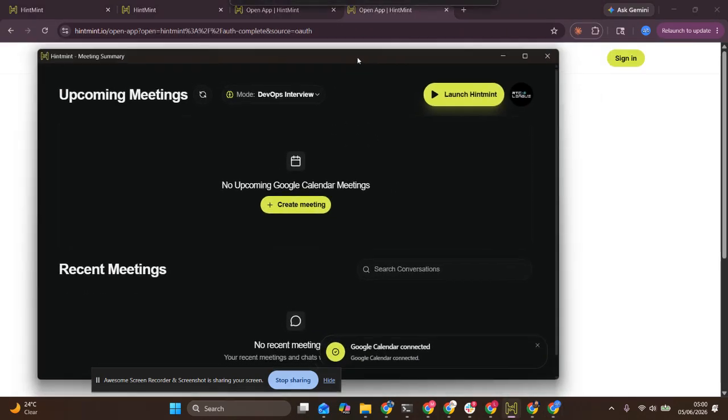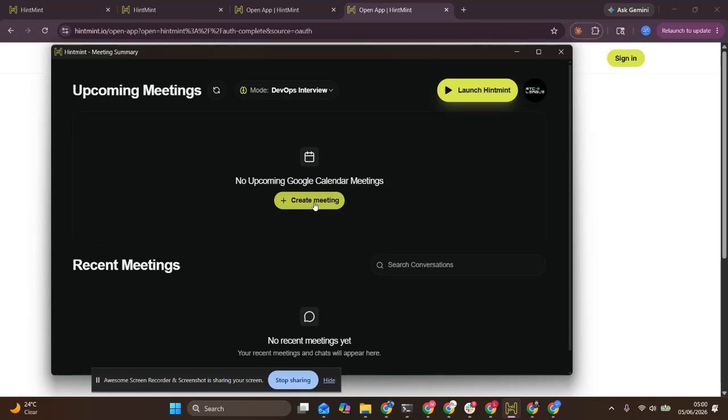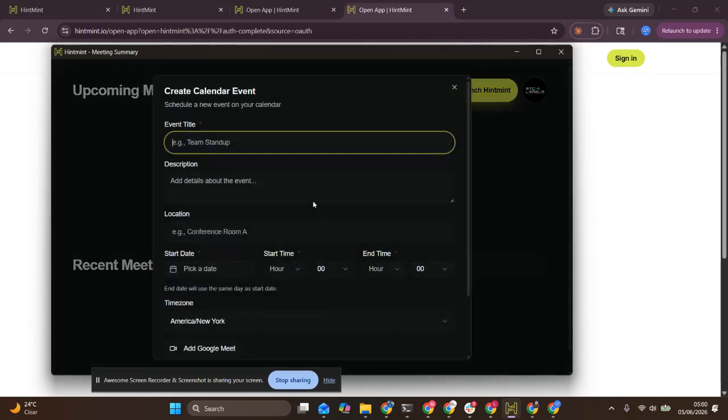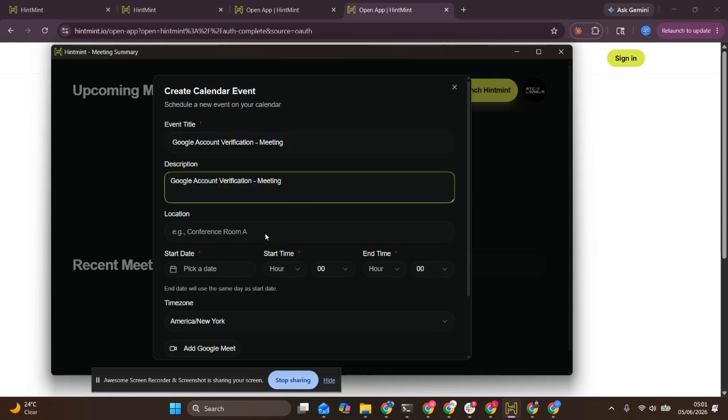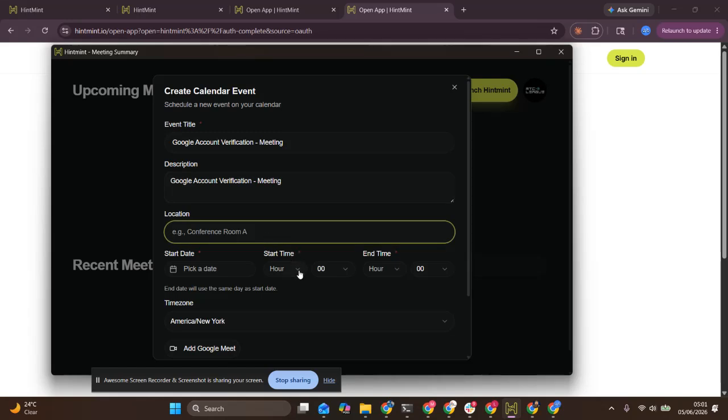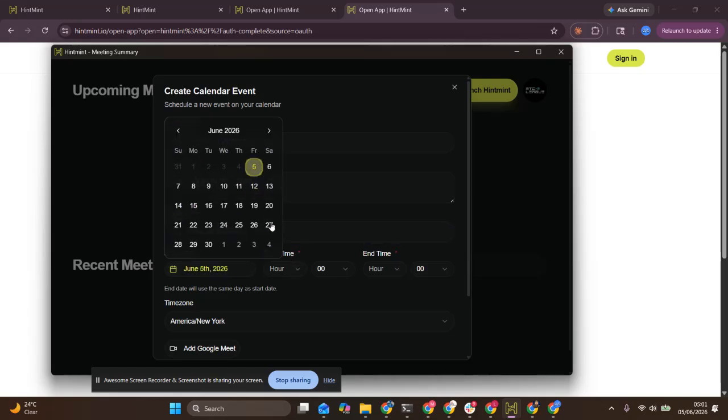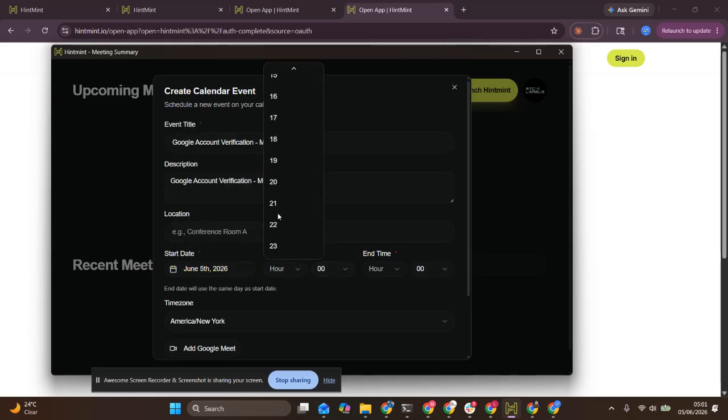At this point in time, the calendar is connected. Now I will create a very general meeting here: Google account verification meeting, and I will add the description as it is. Now I will click the date and select the hours to something around